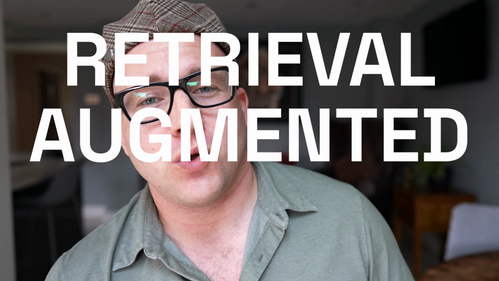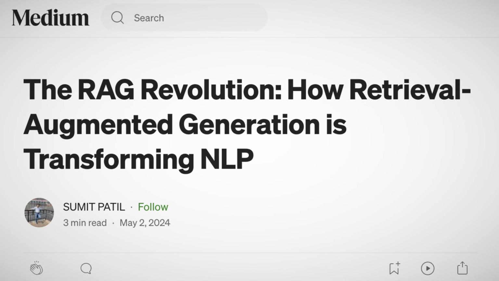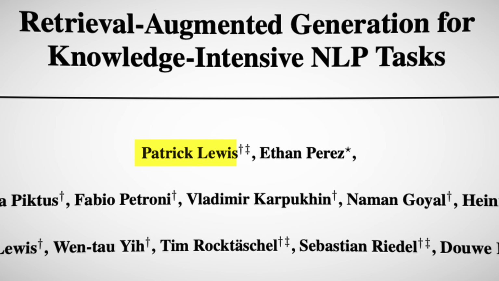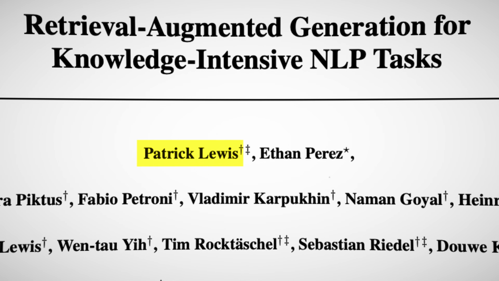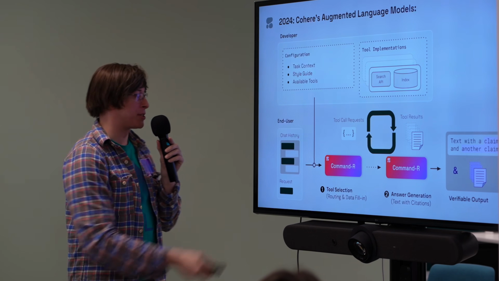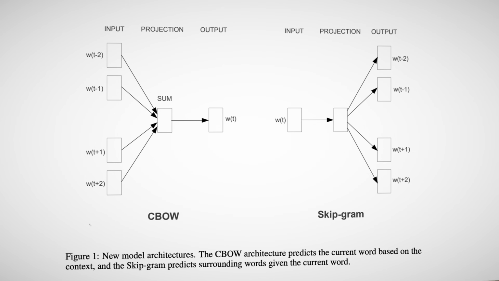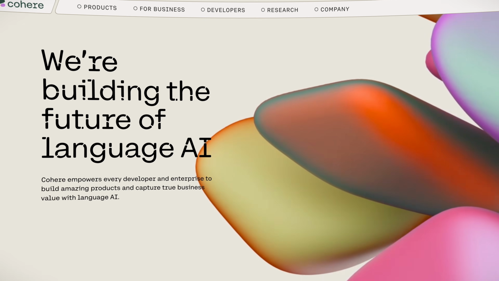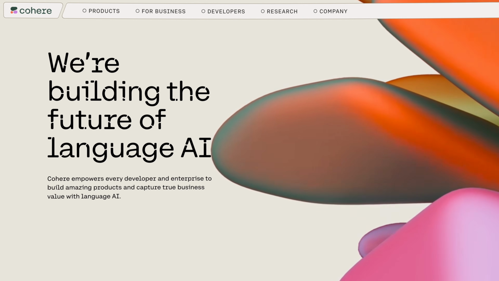Today we're going to give you an insider perspective on Retrieval Augmented Generation, or RAG, as you've probably heard it mentioned. We speak to Patrick Lewis, who is the guy who helped coin the term. He's a leading expert in the field. He works for Cohere, and he's also a very cool guy. We will deep dive into the evolution of language models, going all the way back to the days of Mikolov and Word2Vec, to modern language models and beyond.